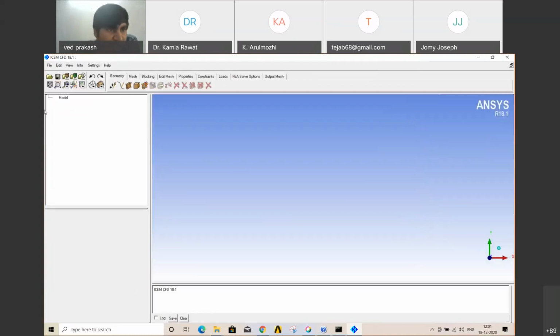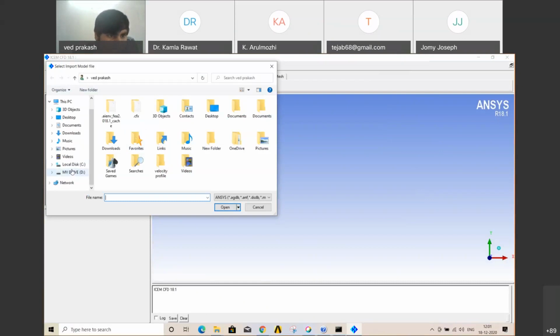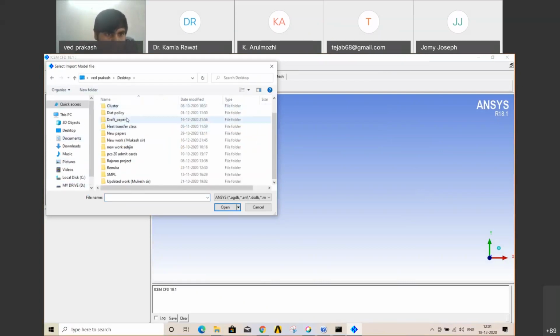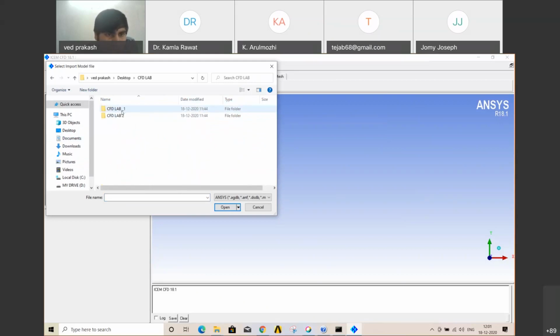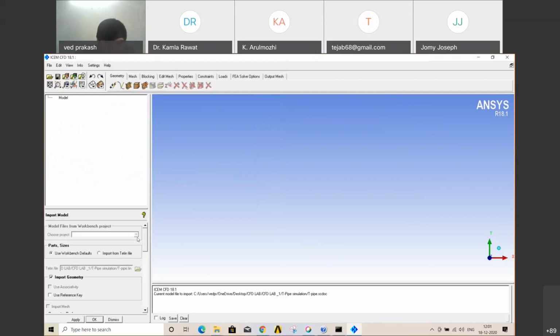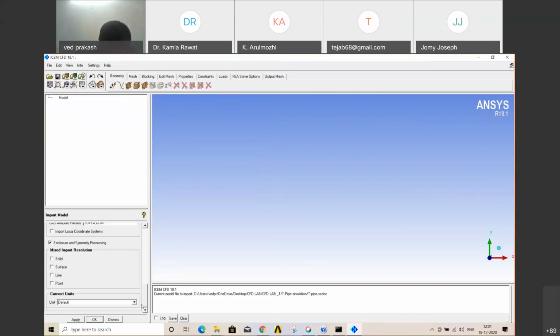That is not an issue. Just go to file, import your model. All right. Go to desktop. Okay, sorry, I just saved my file. Okay, let's use this. These dimensions were in millimeters only, so just remember that. Apply.